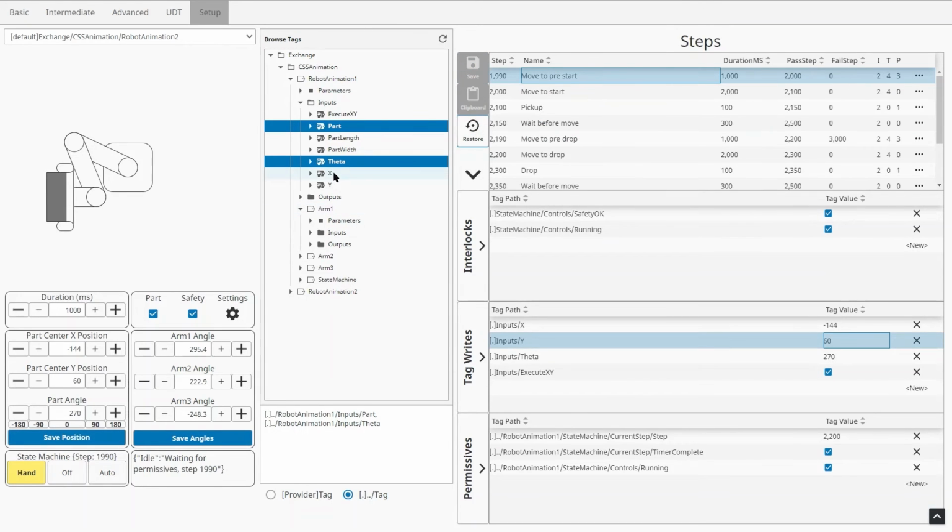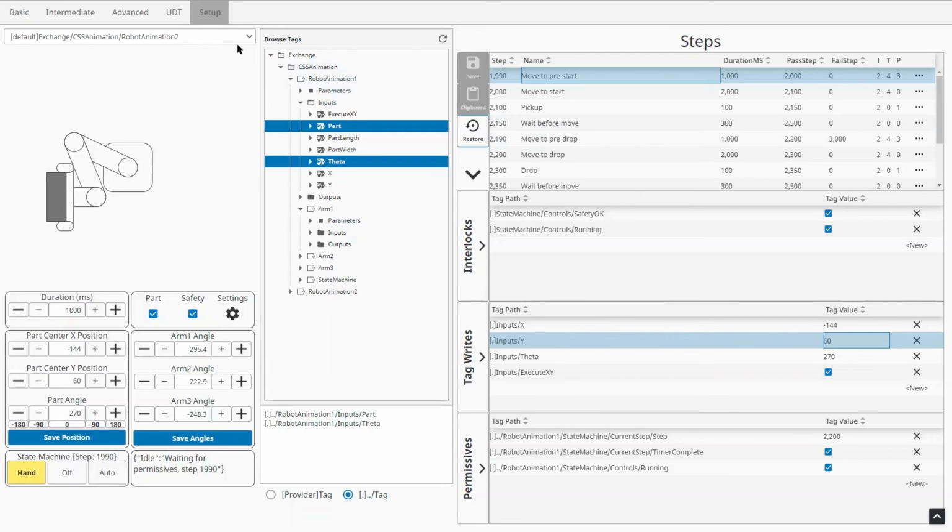Again, in my case, I'm going to restore, because I don't want to change those. This is very useful for addressing anything outside of the actual robot UDT, because everything on the left side will just be referencing itself, basically.